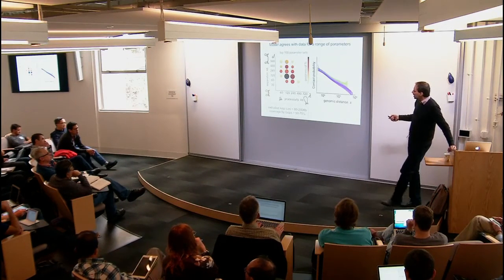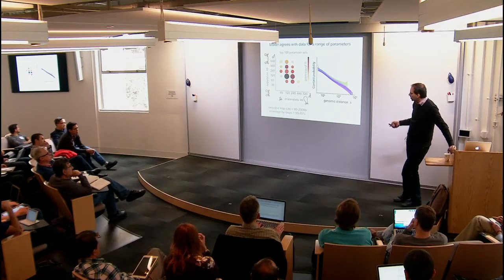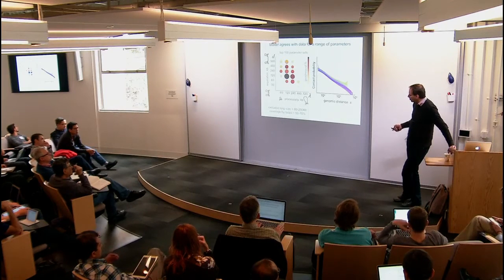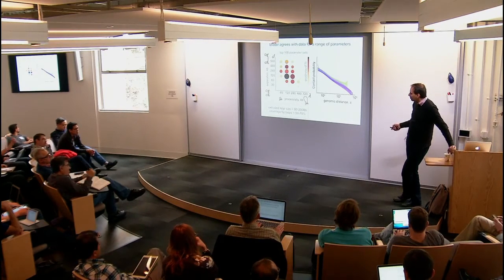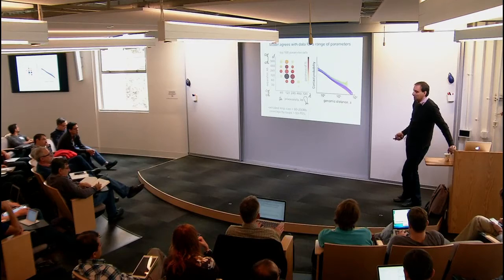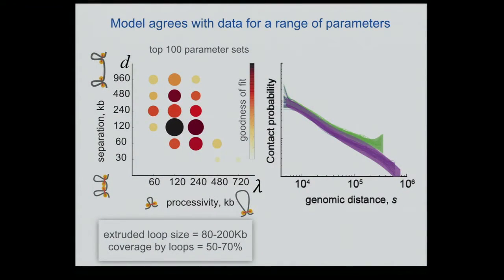Okay, so as a result, what we see in the region that gives good agreement is that the loop sizes are, as I told you, about 100 to 200 kb. On average, about half of the DNA is in the loops, and another half is not. So it's not a huge compression of DNA. It's not a mitotic chromosome. It's a large interphase chromosome, just maybe shorter linearly by a factor of 2, roughly.